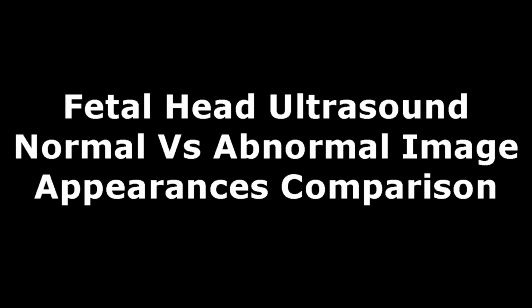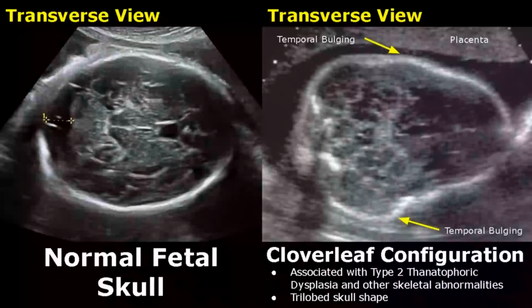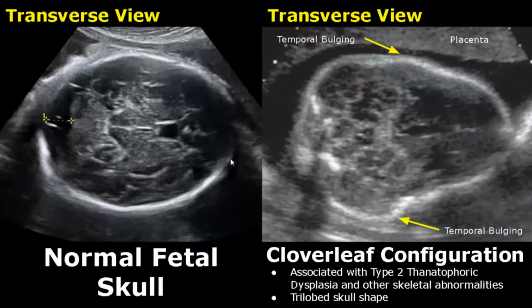Hello everyone, this is Dr. Sam and this video is about fetal head ultrasound. The normal shape of the fetal head is ovoid. The normal calvarium will be hyperechoic. We will see a bright skull,